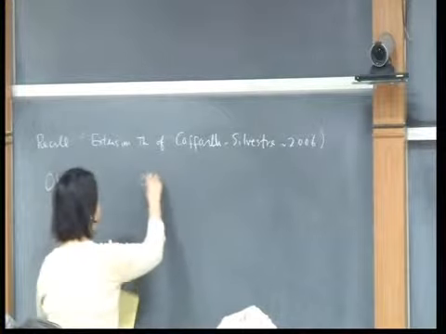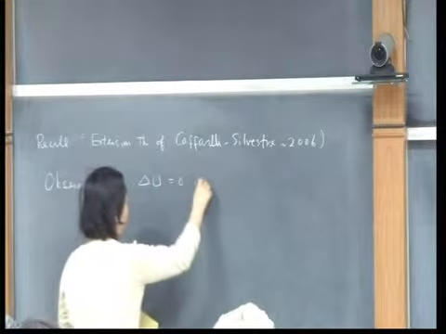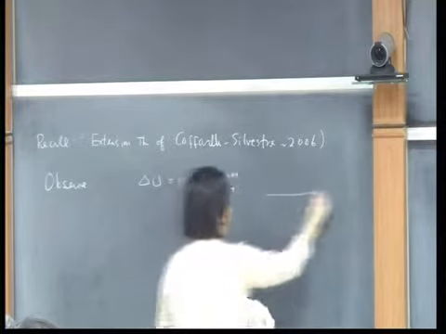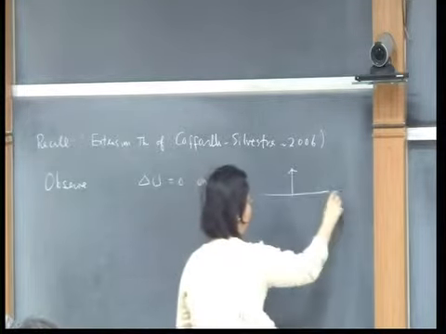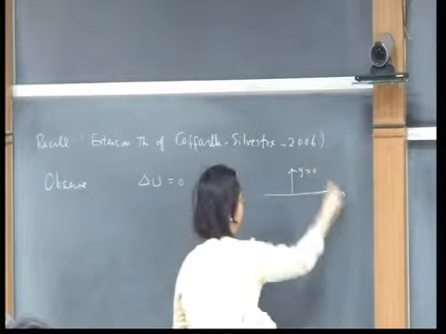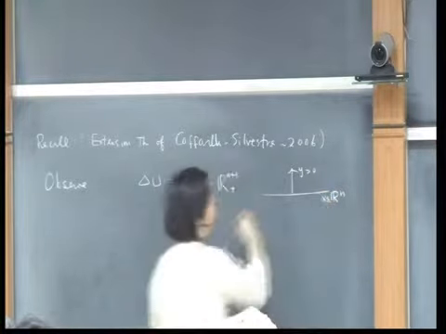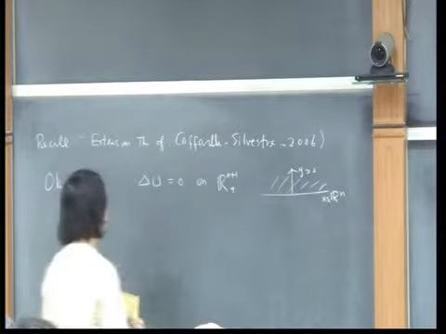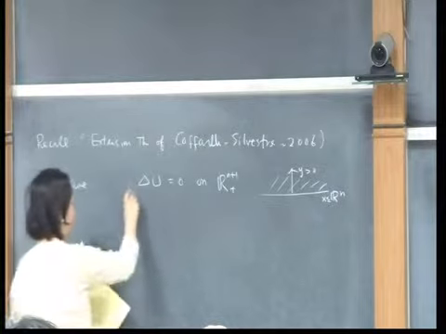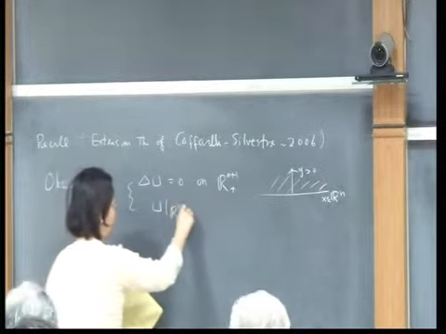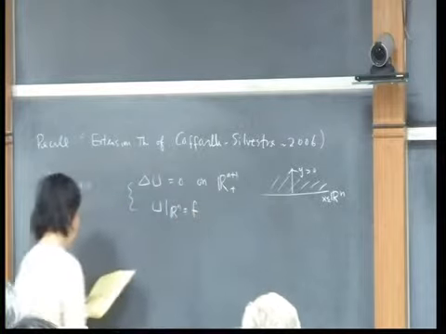Study the Laplace operator on R^{n+1}_+. That is this R^n, and then with y positive. So this is x in R^n. That's what I call R^{n+1}_+. This variable y. And suppose Laplace u is equal to 0, and suppose u restricted to the boundary is a given function f. Then